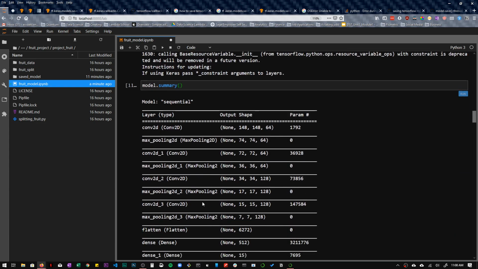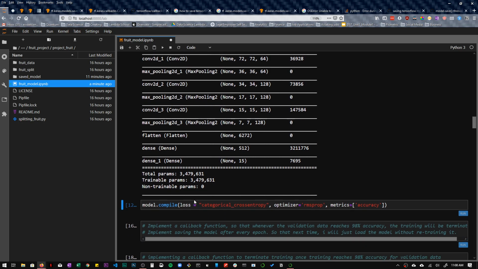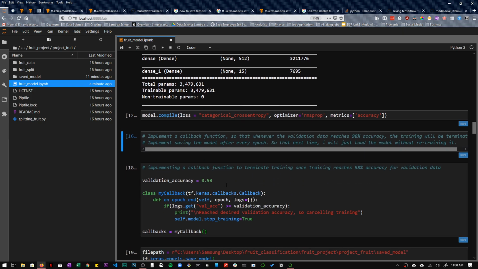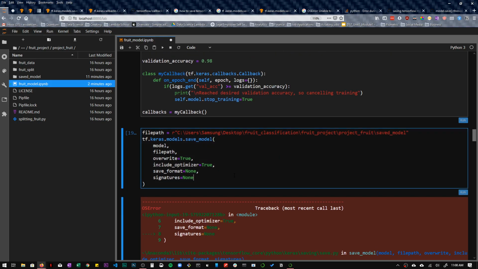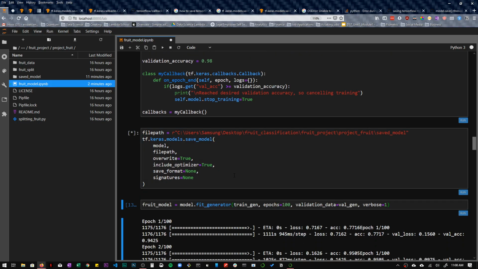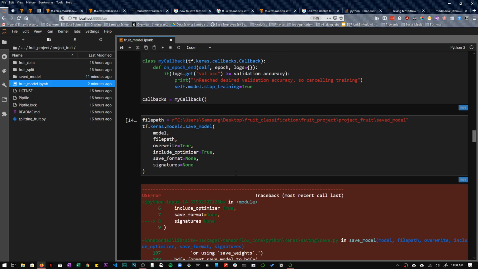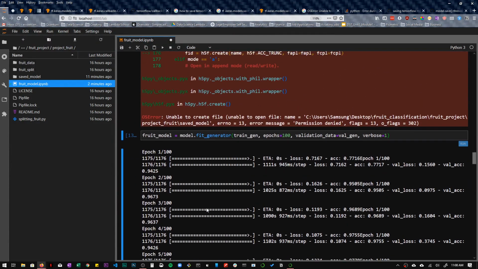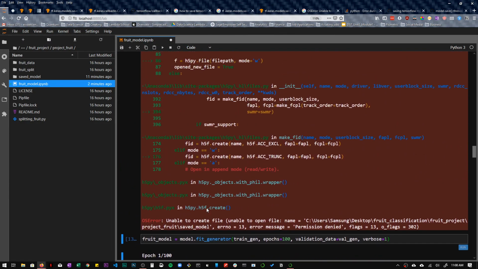Model.summary. This is the summary for our models. Then model.compile, and let's run this again. Let's see if we still get the same unable to create file.